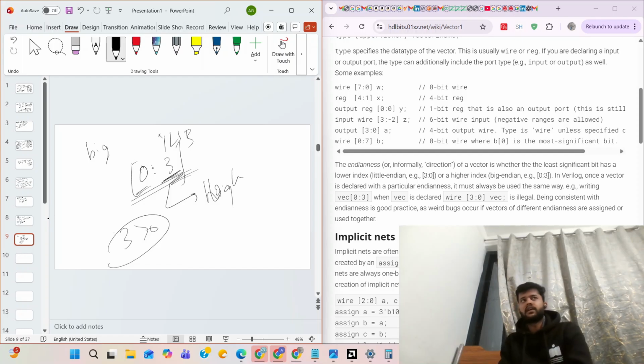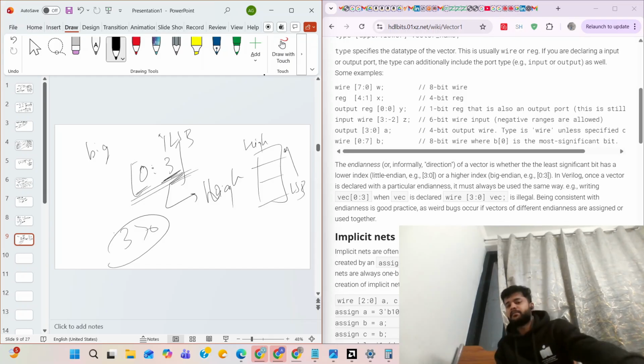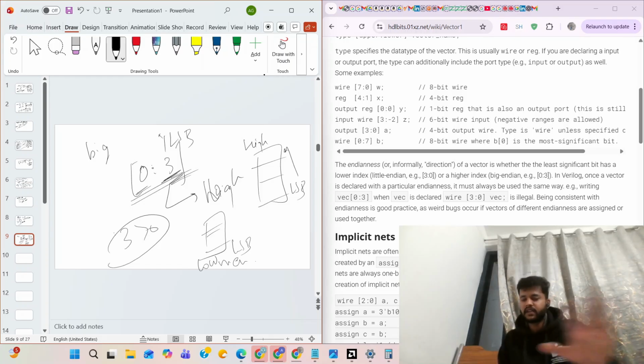This is also the same when you study computer architecture. Whenever the LSB is assigned to the higher memory address, it is termed big endian, and whenever the LSB is assigned to the lower memory address, it will be little endian. That's the concept.